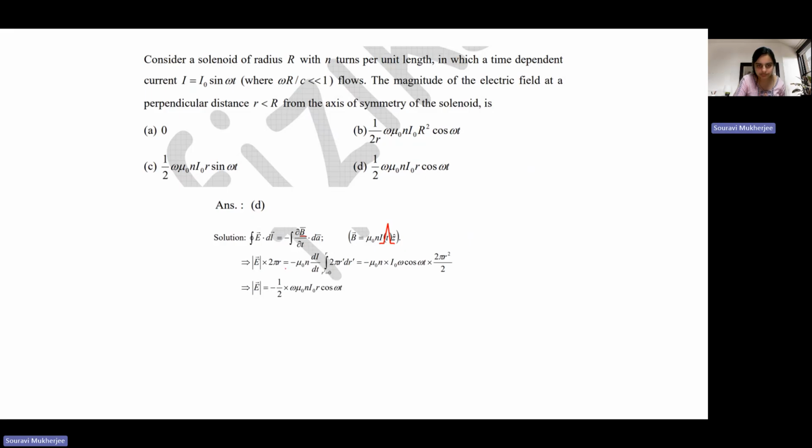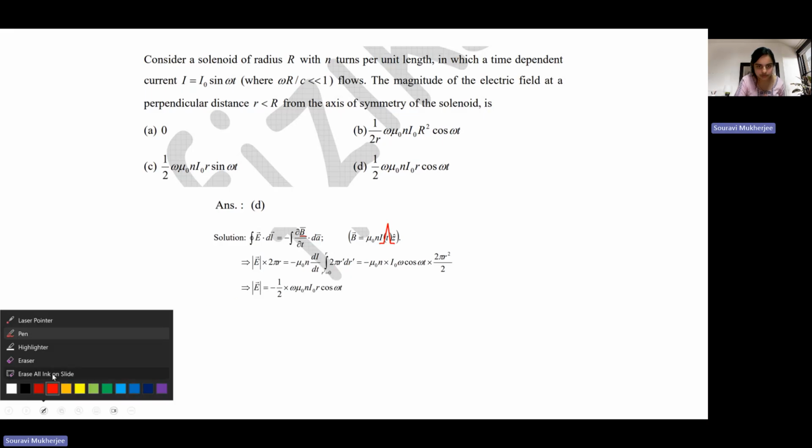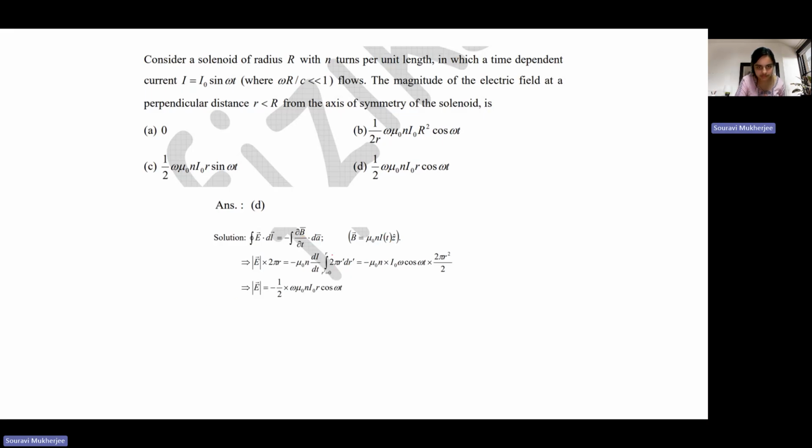Okay, and you can do an integral. Basically, if you take a small circular loop of some radius r, okay, so the area would be pi r square, and because your magnetic field is changing, you have this di/dt coming in, rate of change of current, which is causing the magnetic field to change. So you have this omega cos omega t term,